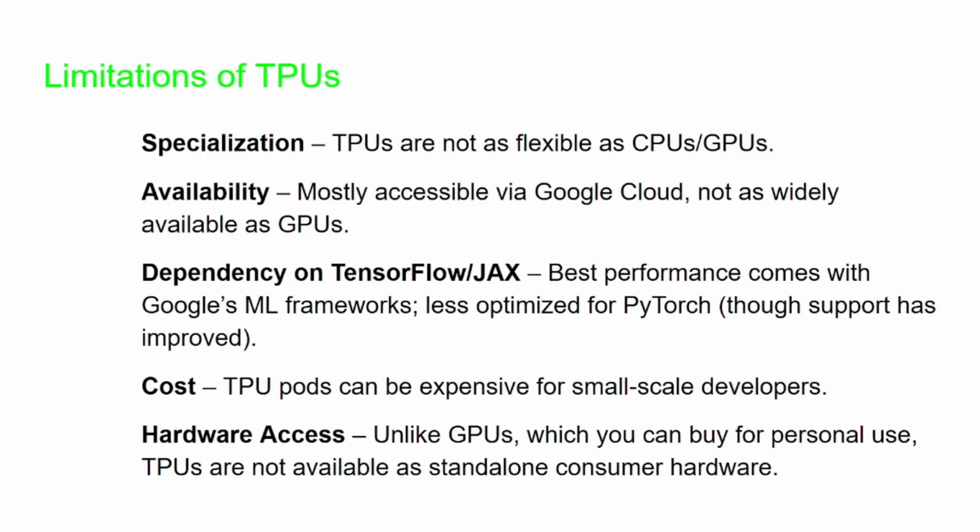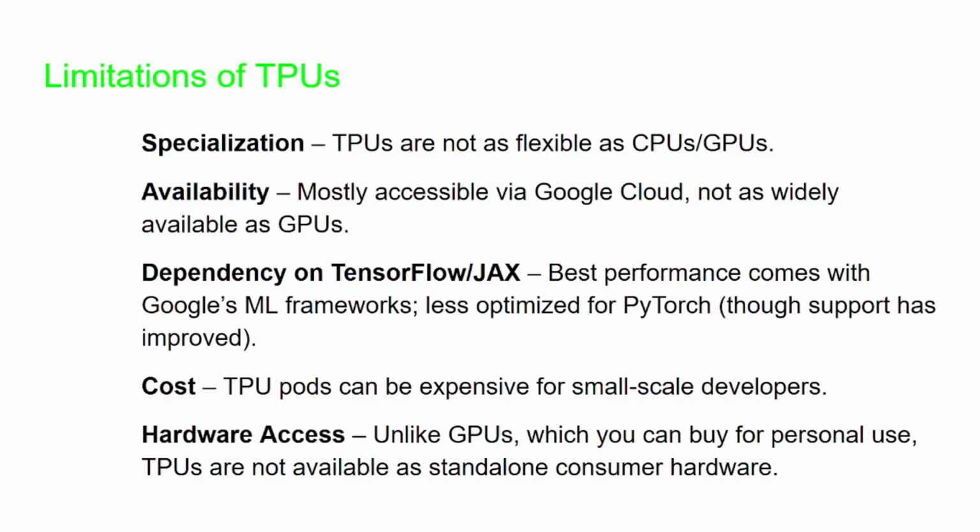Here come some limitations of the TPU. That is, specialization: the TPU is not as flexible as the GPU and CPU. Availability: most access is through Google Cloud, but GPUs are widely available. Dependency on TensorFlow: the best performance comes with Google's ML framework, and it is less optimized for PyTorch. The cost of TPU pods is very expensive. It is not meant for small scale developers. For hardware access like a GPU, which can be for personal use, TPUs are not available for standalone